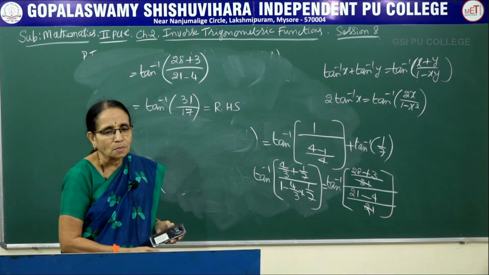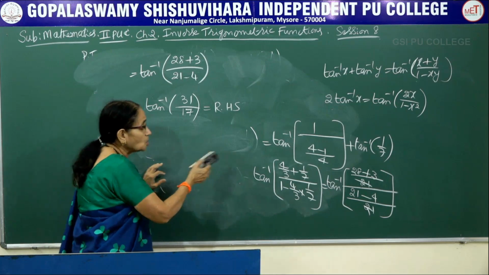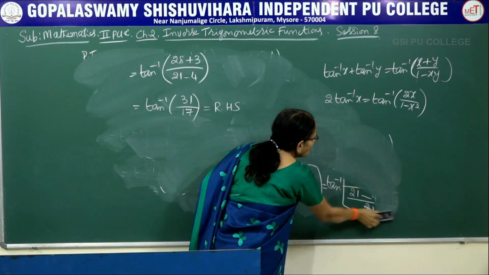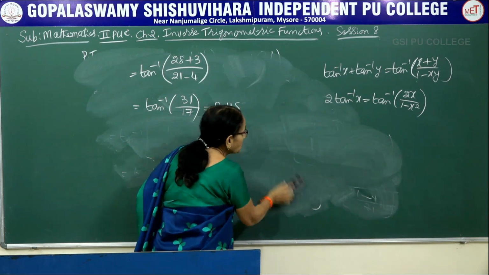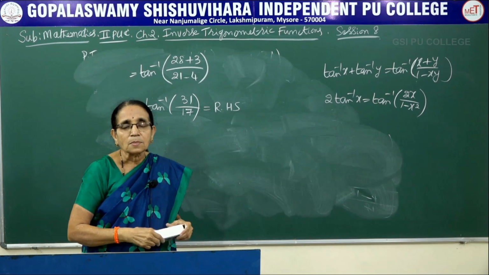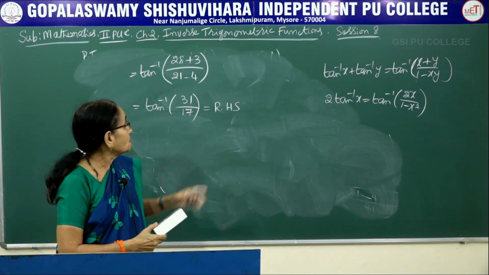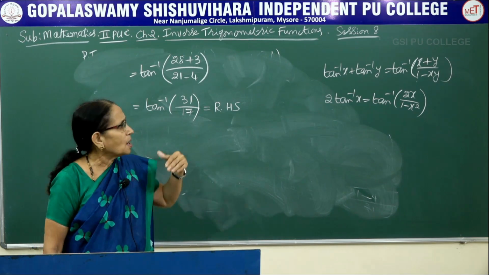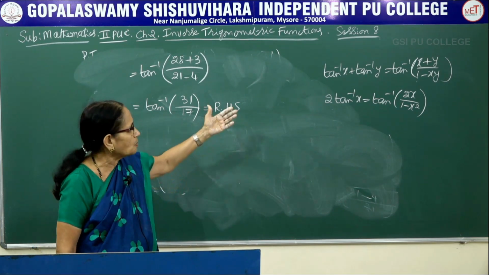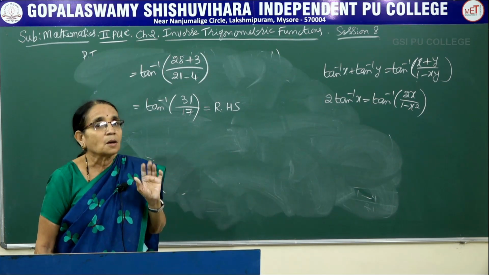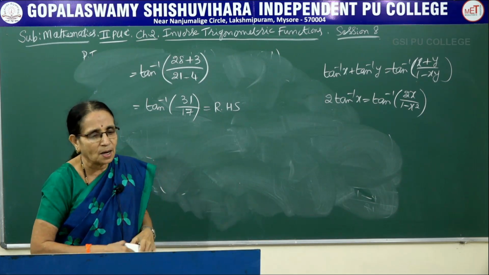Now I told you in almost all the problems I am working in this session, I will be making use of this particular property, tan inverse x plus tan inverse y. In the next problem, see, in all these we had only two terms on the left hand side. So with direct application of the property I could get the right hand side. In the next problem, there are 4 terms on the left hand side.